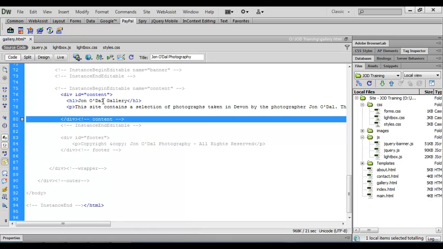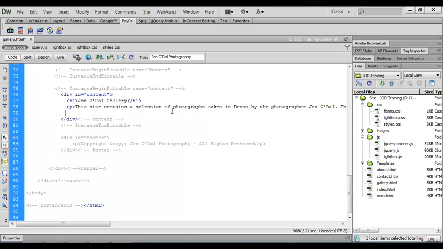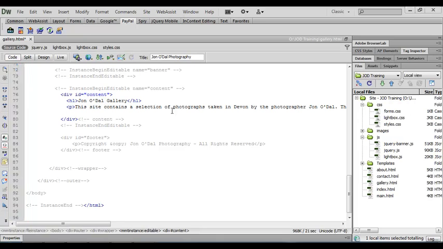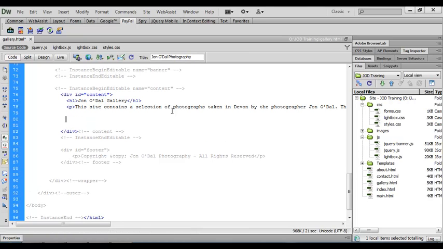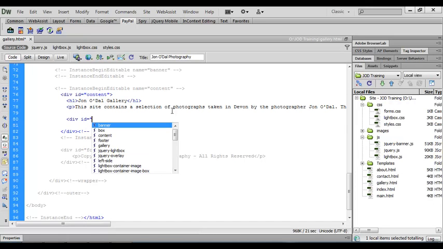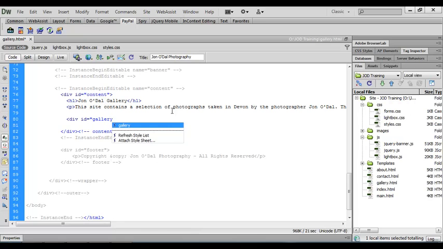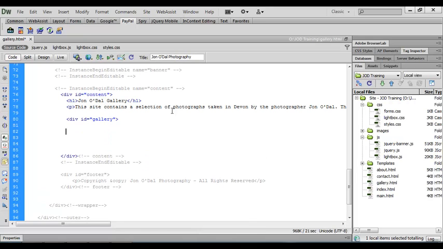Okay, so this is our content area, and it's inside that we're going to place our gallery. So we're going to need a new div in here. I'm going to make myself a little bit of space, and we'll open a div tag, give it the ID of gallery, and we'll close that div, and again we'll give this a closing comment. Now we'll save our page at this point